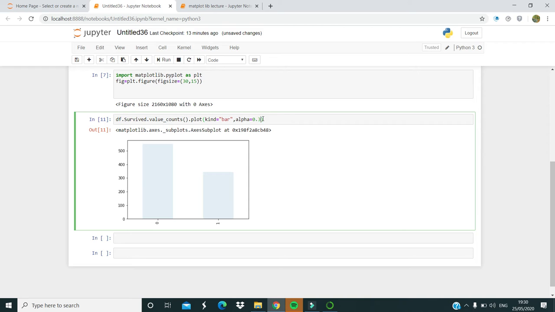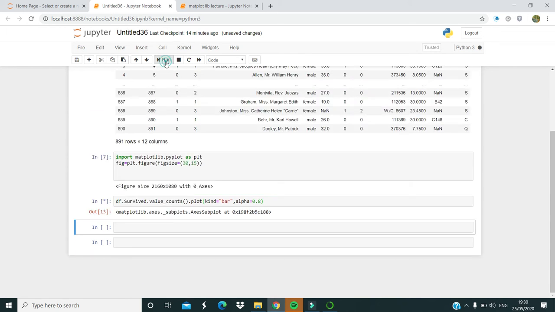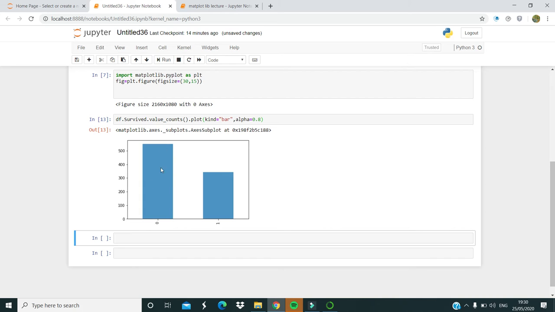Let's say 0.3. Okay. 0.8 shows me more colorful. That is basically the work of alpha, which makes the plot transparent, seeable, so we can see that.